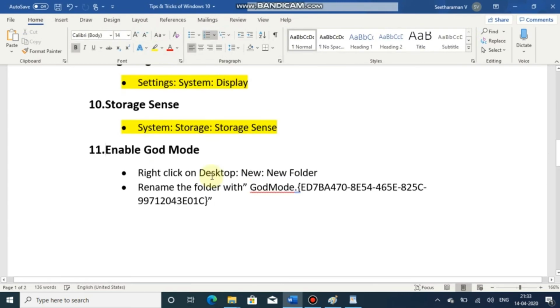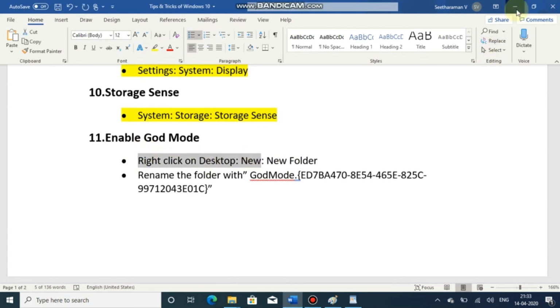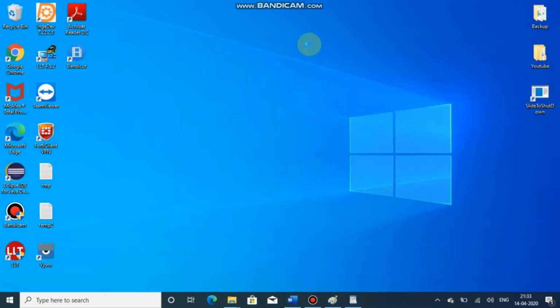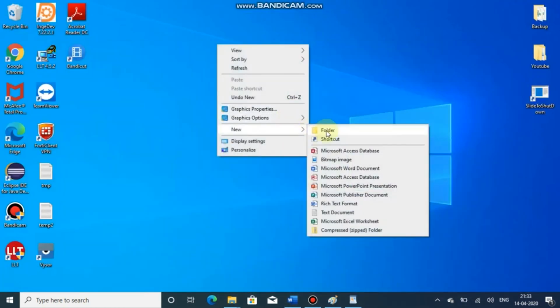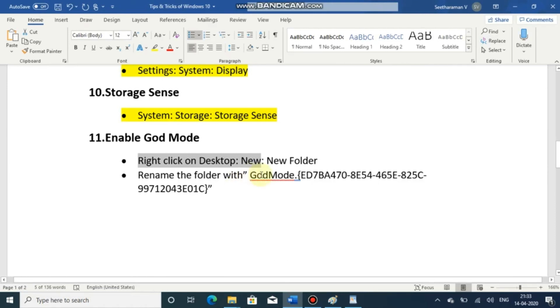And the final thing is enabling God mode. For that you have to right click, new folder, and rename that folder to the name which I mentioned here.